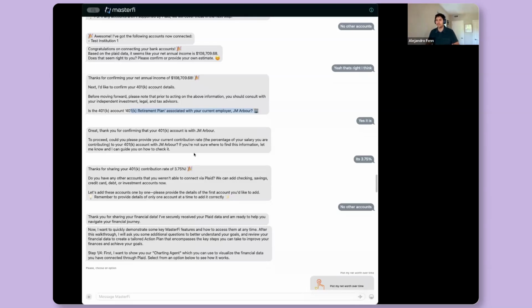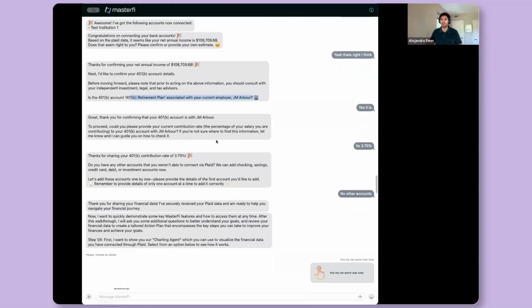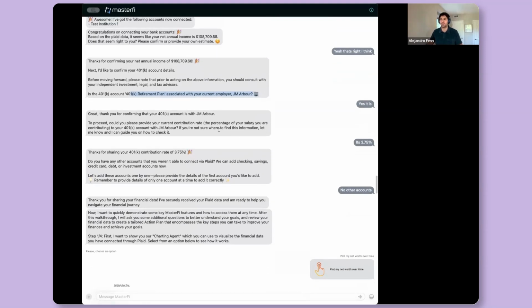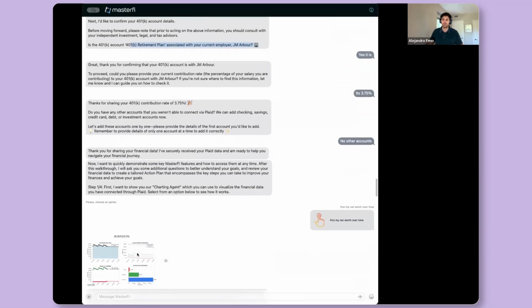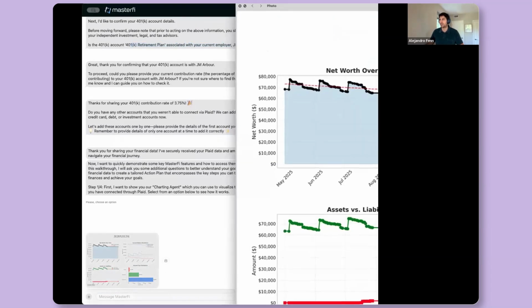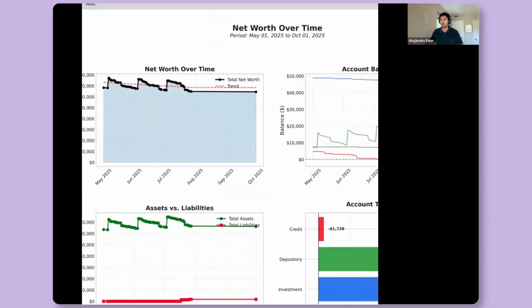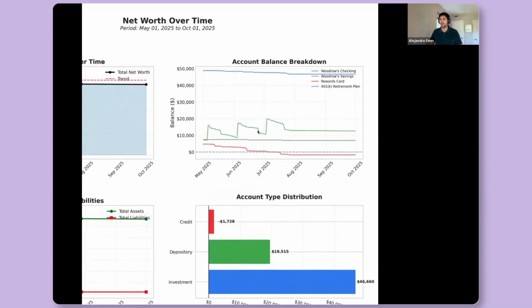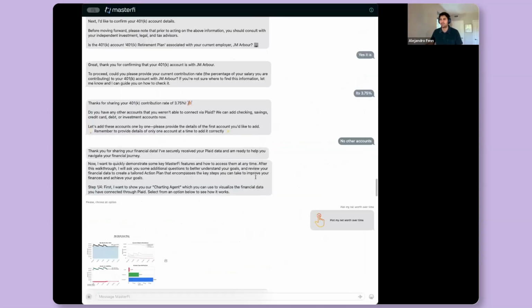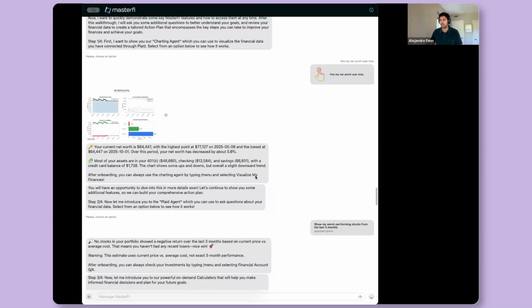Now, our idea is that after this, we want to give everyone a sense of what types of things you can do with MasterFi. So we show you can get some charts. Here's an example of a chart showing my net worth, assets, liabilities, breakdown of types of account values in total, things like that. You can ask it questions like,